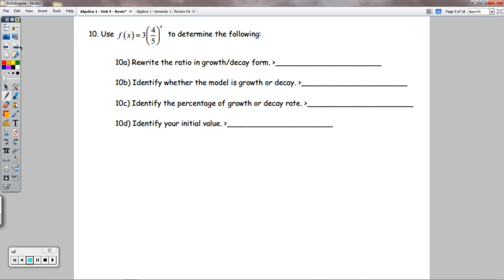Let's check out number 10 here. So use this to determine the following. This right here as a decimal is the same thing as 0.8. So in this growth or decay form, we want